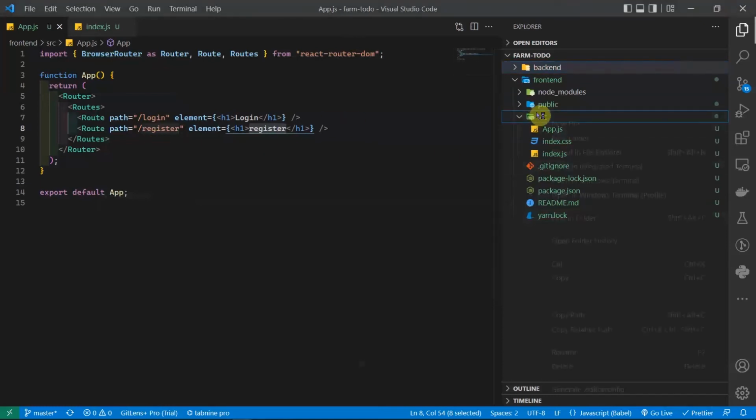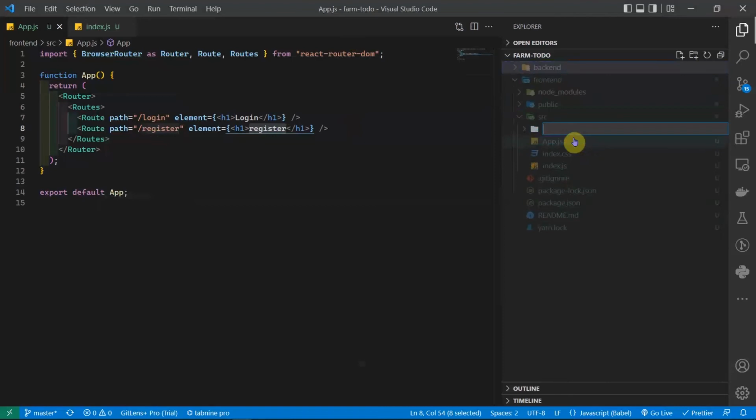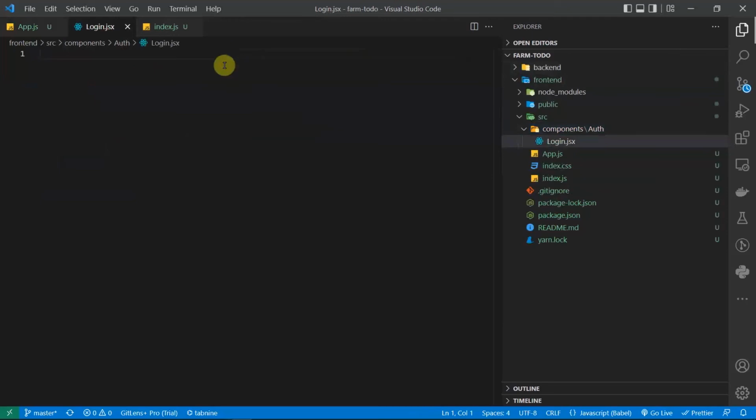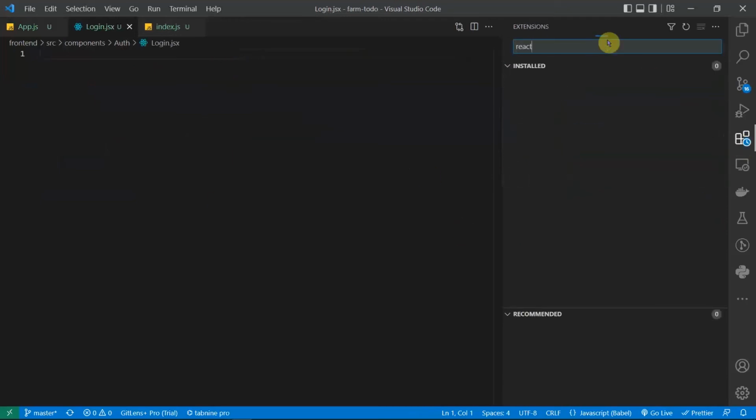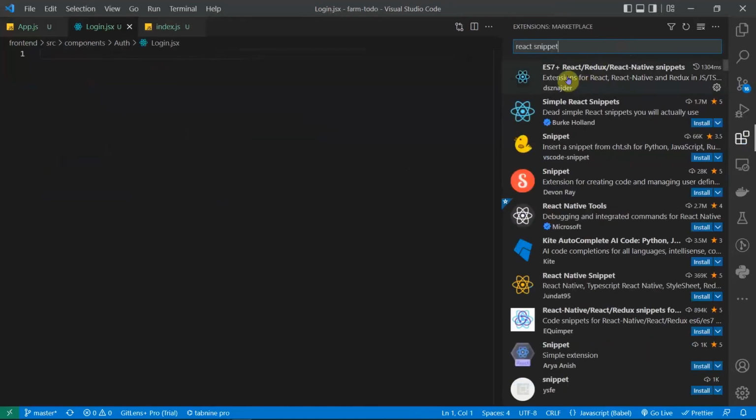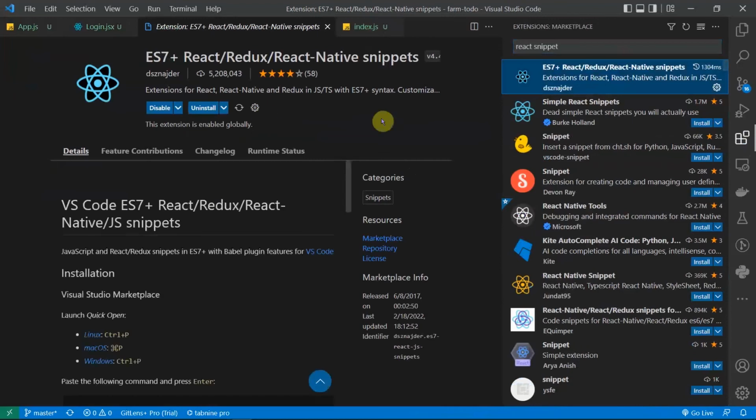So go to src and then create a new folder called components, and then inside the components create another folder called auth. In this one we will have all the components related to authentication, and then create login.jsx. And then I have this snippets extension installed. So React snippets,